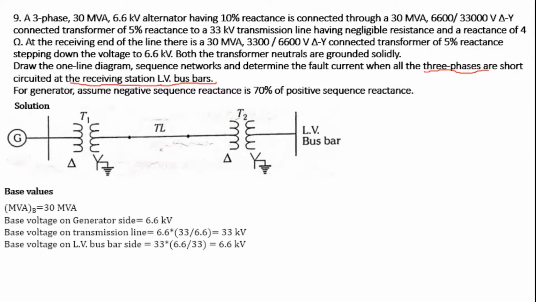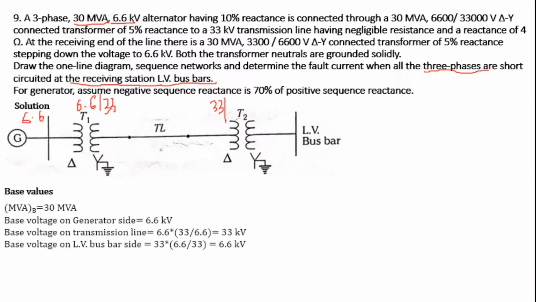First, we have to consider the device having the highest rating. Here the alternator has the highest rating, that is 30 MVA, and the voltage on the generator is 6.6 kV. Transformer T1 has a rating of 6.6 kV to 33 kV. Similarly, transformer T2 is 33 kV to